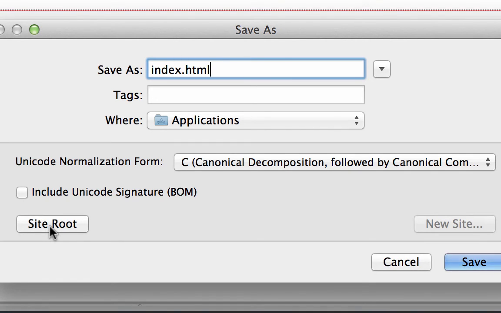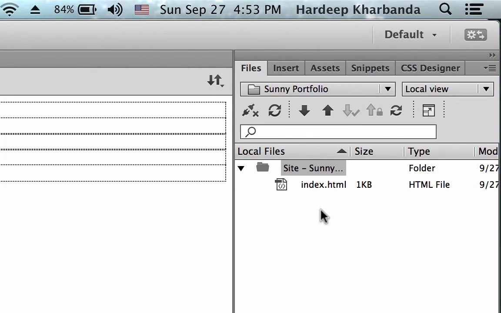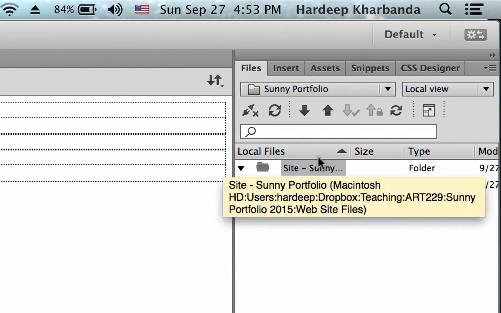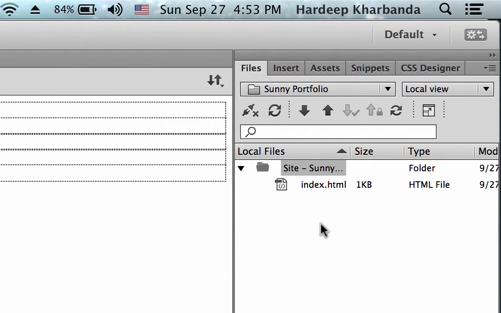This means the root directory or root folder of my website. When I click it, it comes back to website files. That's the correct folder, and I can go and save. Now this file has appeared under my site folder. The file is saved, and the next step is to upload it to the web.